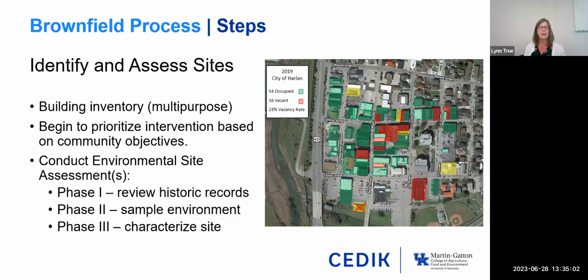The phase 2, again, does involve sampling. And then a phase 3 takes that sampling just a little further and determines to what extent it is a full site characterization. If there is a plume of contaminants in the underground water resources, for example, this phase 3 will determine just how far that plume spreads, maybe even off site of the property. That is what goes on within these studies.